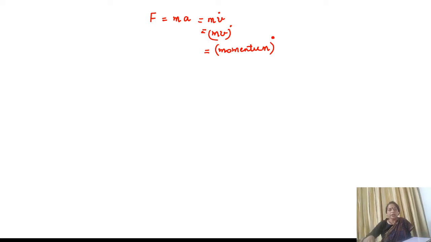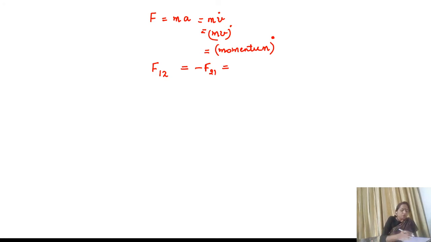Suppose we have two objects, one is exerting the force F12, the force exerted by the first particle on the second. Then his law says that this F12 will be equal to, by the third law, F21,